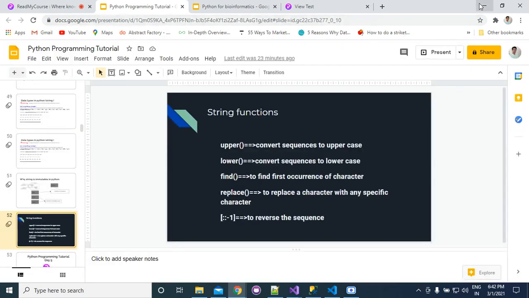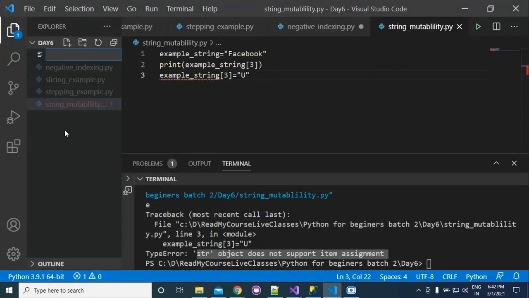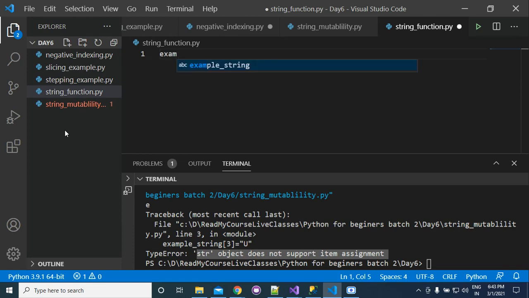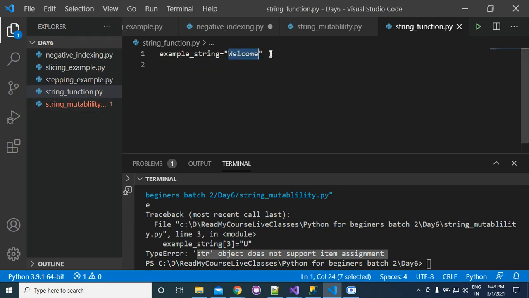I am giving this example in the next program. We'll have string functions. The first function is upper. Suppose that we have an example string equal to "welcome". Now if you want to capitalize the whole string, what will you do?